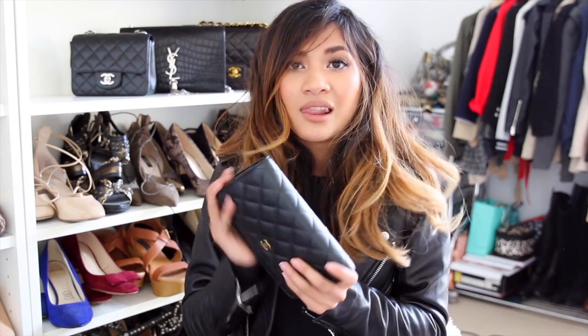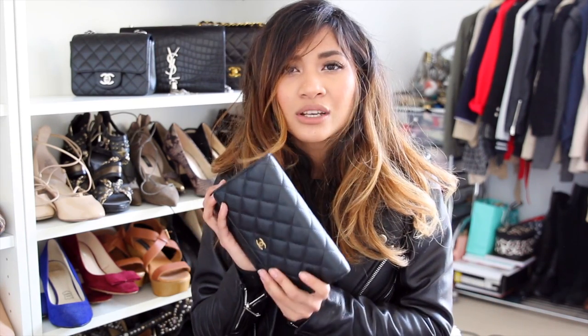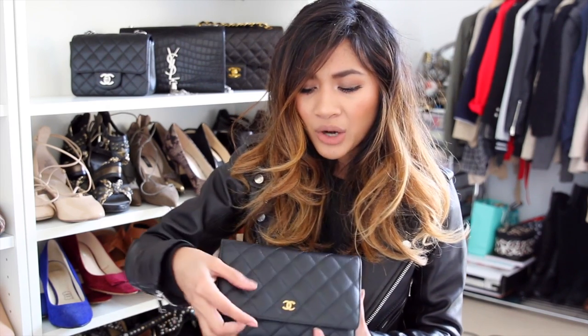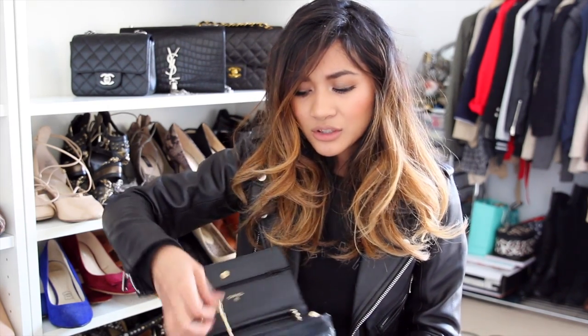Another luxury good favorite is obviously the Chanel wallet on chain. Oh, I love this. I was dubious about the functionality that this would have, because I already have my Chanel mini, but honestly guys, it doesn't replace my mini in any shape or form. When I have an outfit and I'm trying both on, they just give such different looks that one will work better than the other, primarily because, because of the chain, it's gold, it's thin, it's a little bit more